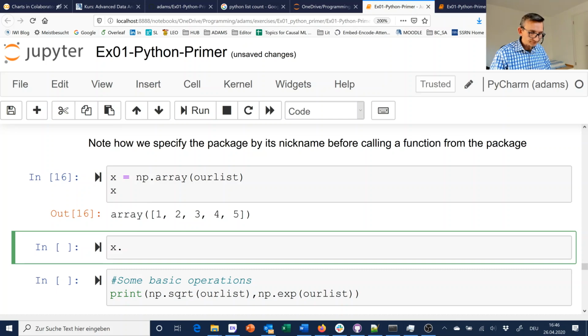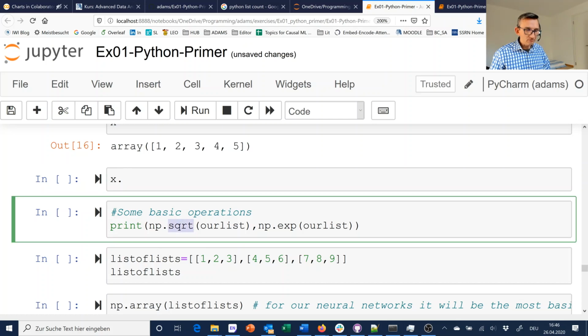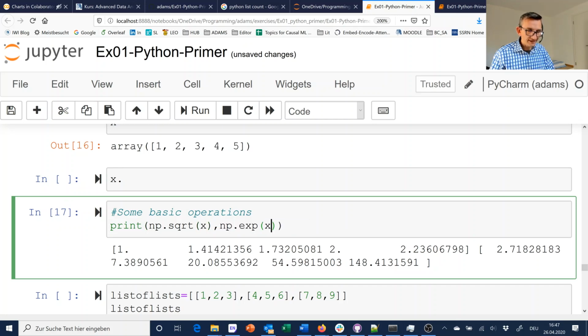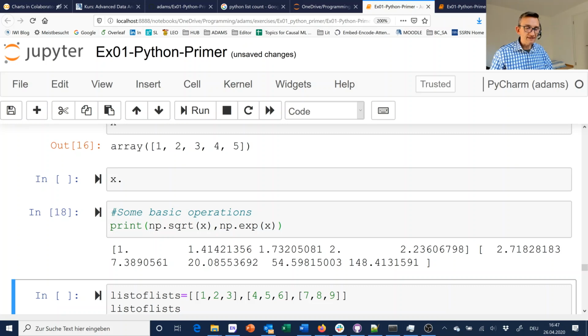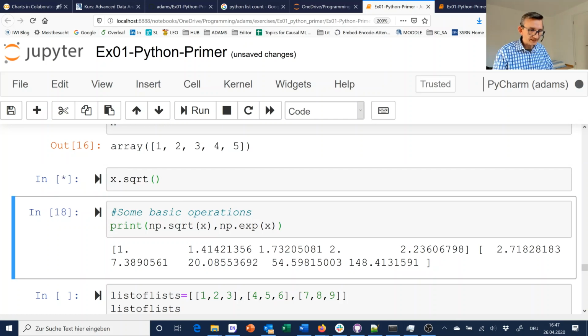That's the point. And you see some of that functionality here, where we use the square root function, or where we use some other mathematical function like the exponential function, and how Numpy allows us to basically apply that to the list in one go. It's not particularly remarkable. We just feed in a list and then apply some mathematical operation on each element of the list. Here we use our lists. Of course, I could change it with x and apply all of that to my Numpy array. It gives me the same result. And also, I think I could invoke the function square root right on my Numpy array. That should also give me the same,